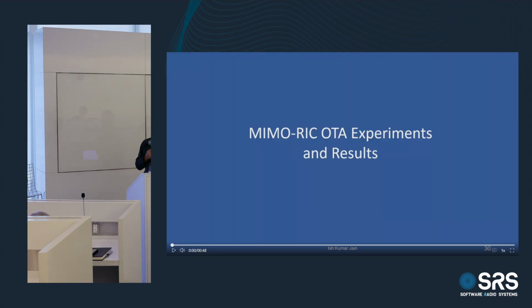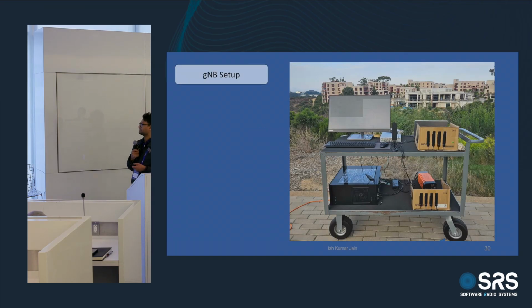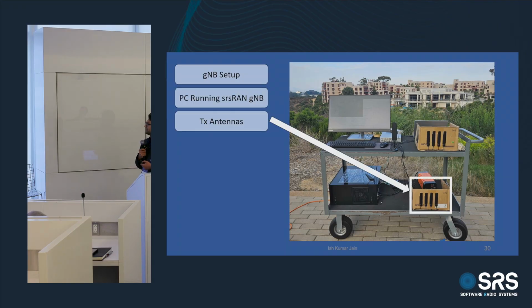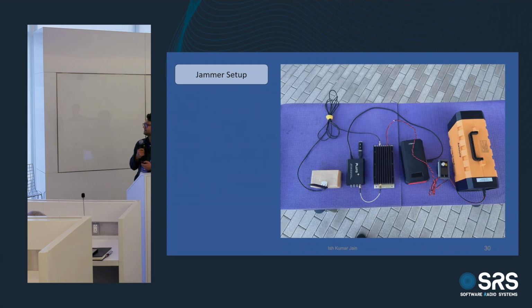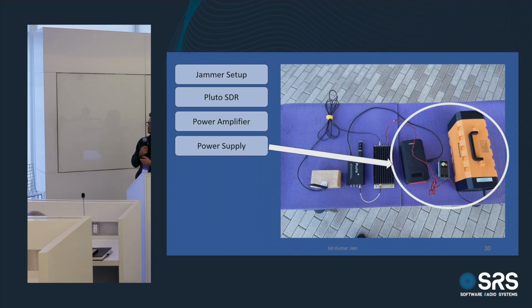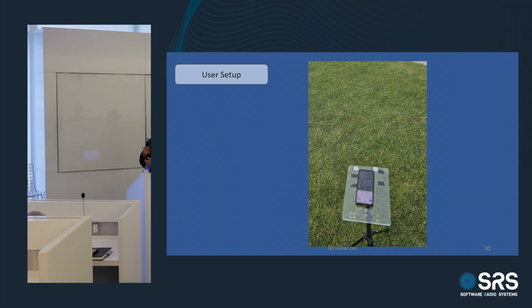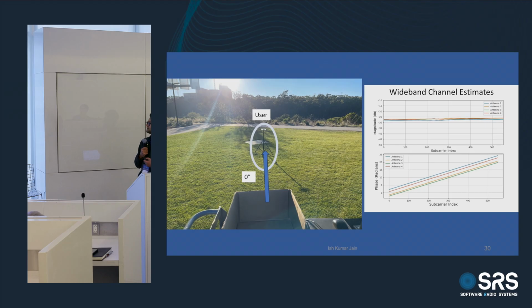So again, there is a demo video for the latest version of Beam Armor 5G that we have built, and here you see srsRAN running live on the PC. Now we are using the N310, which allows us to connect 4 antennas at both transmitter and receiver. This is the jammer, the same Pluto SDR, but with a power amplifier, and this is the first time we have taken it outdoors and are doing a real outdoor test. The user is a standard Pixel phone that connects to the SRS eNode B.